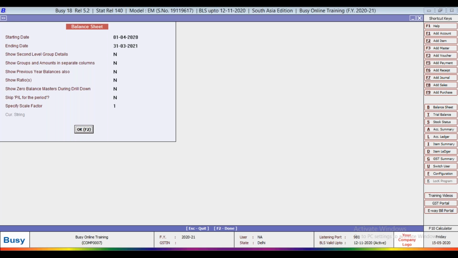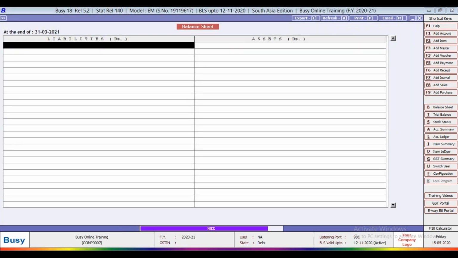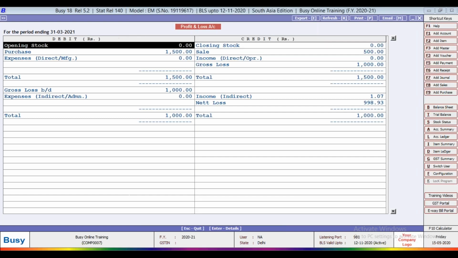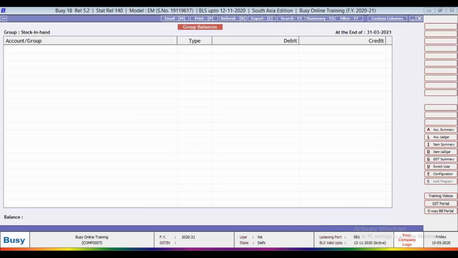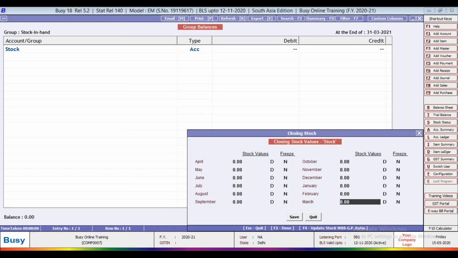Now in this menu, it is not asking to update the balance sheet closing stock. There is no line to show update closing balance sheet stock. Now press F2. Closing stock. Press enter. Stock. Here you can define month-wise balances.